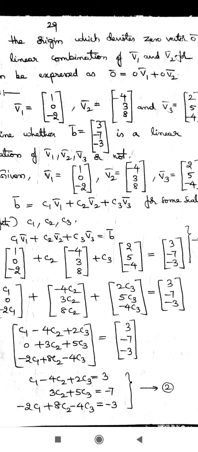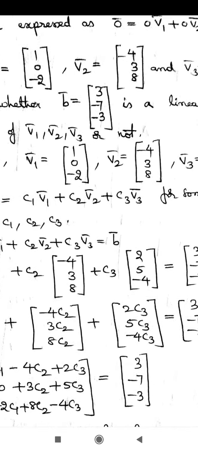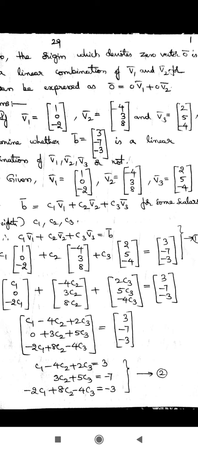So when we say two matrices are equal, they must first be of the same order, and then the corresponding elements of the two matrices which we are saying are equal should be the same. So that is how we can get, by equating the corresponding terms on both sides,